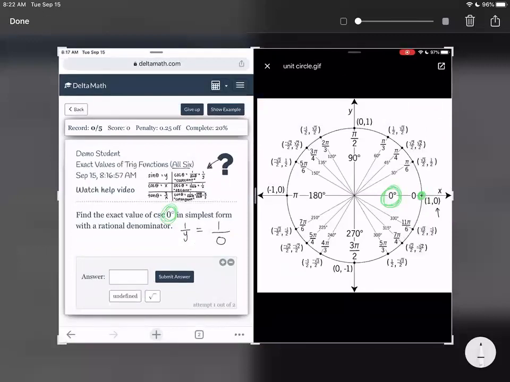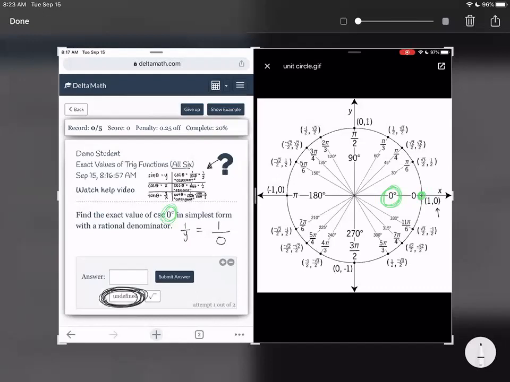Okay. Does anybody see a problem with 1 over 0? All right, so sorry, it sounded like I was asking to see if you had any questions. My real question was, can you divide by 0? Yes or no? No. No! So that means our answer is